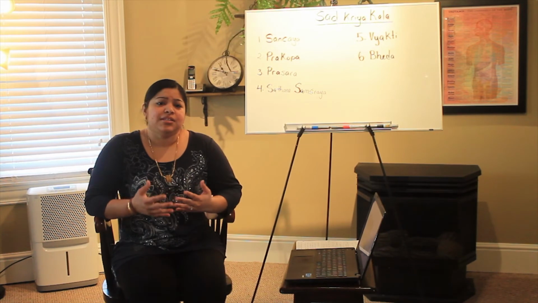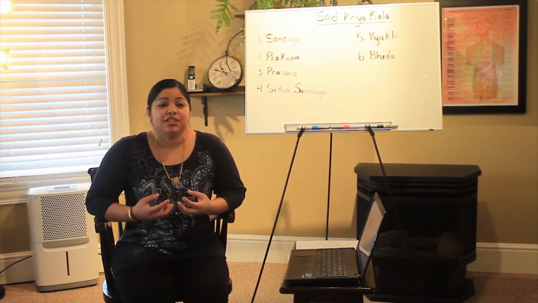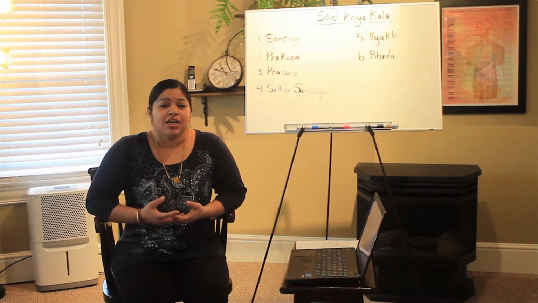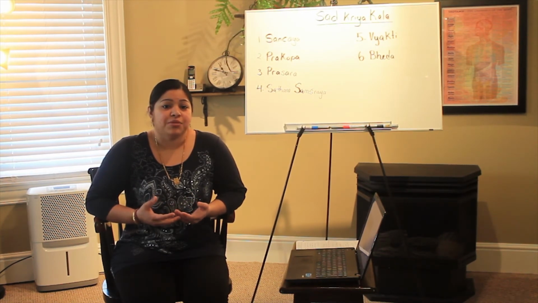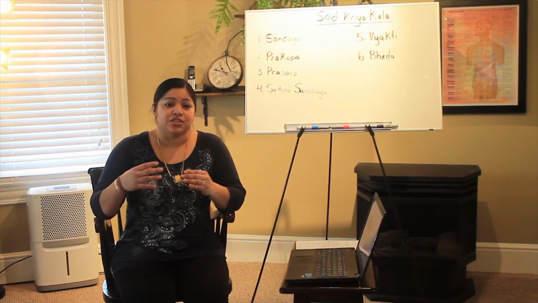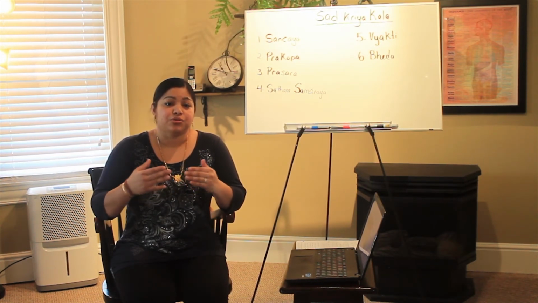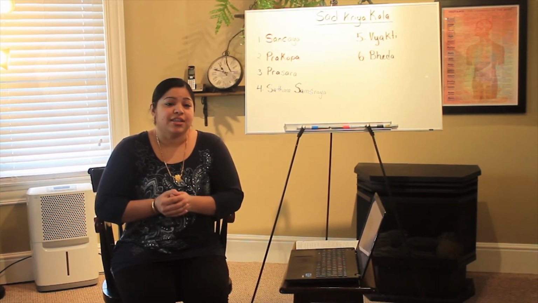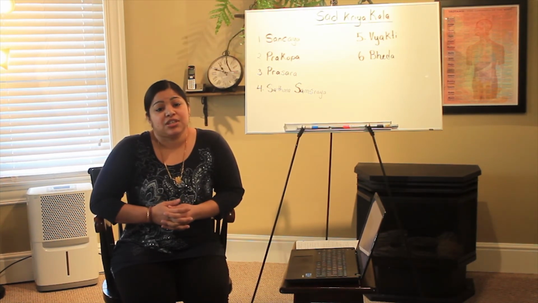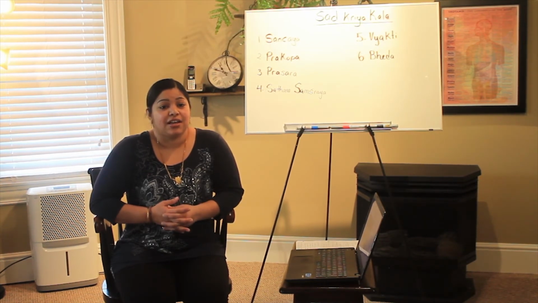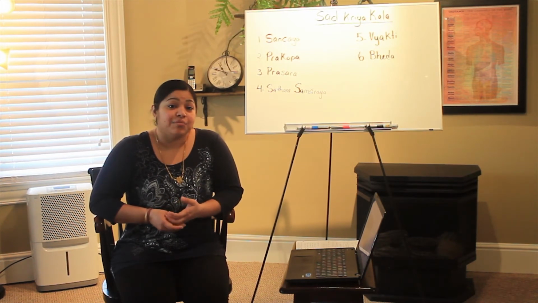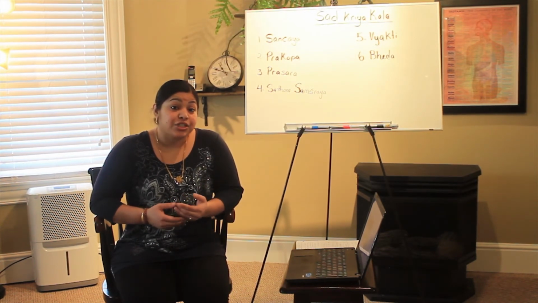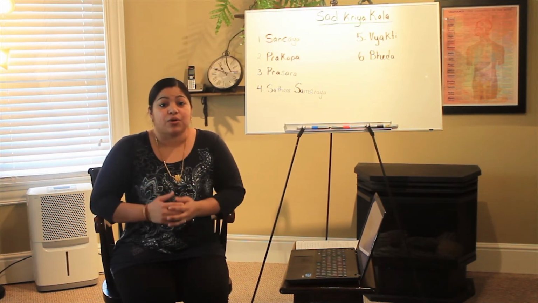Okay, so when these doshas start to increase or decrease, they start to produce certain signs and symptoms. In Sushruta Samhita, he has described the actual progression of a disturbed dosha and how it starts to change and provide these signs and symptoms in the body. In that, he has described 6 stages where we're looking at a change in dosha. These 6 stages are known as the Shad Kriya Kala, or the 6 Kriya Kala. Kriya means action and Kala means time. So the 6 stages of action of the doshas in this particular order.